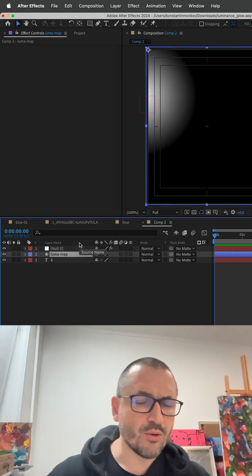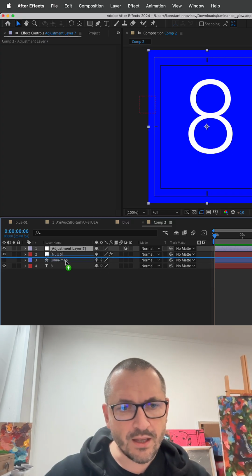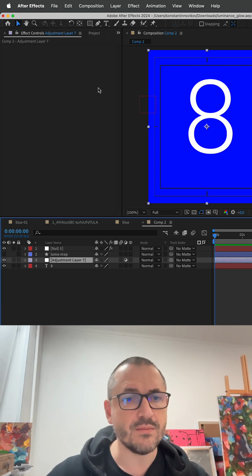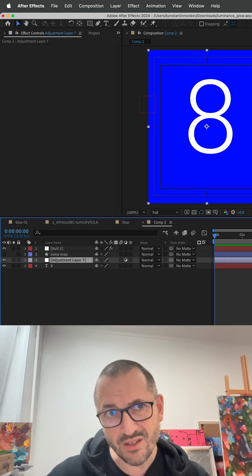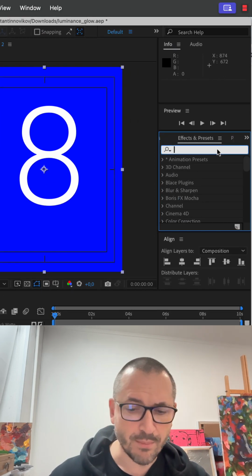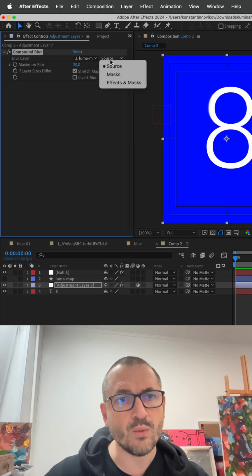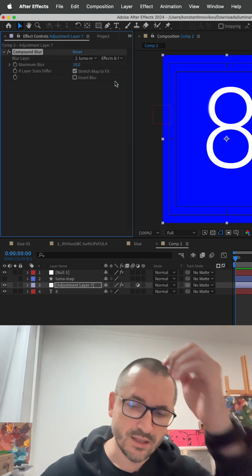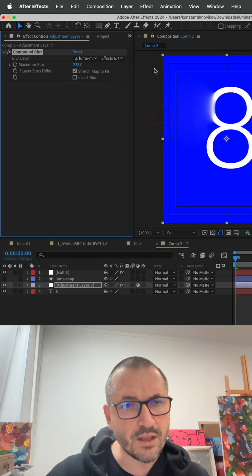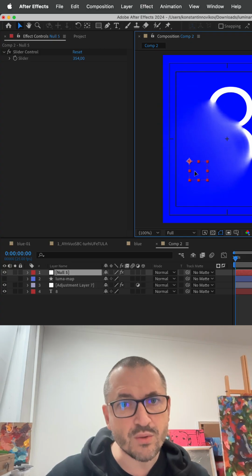All right, next one, we need to create an adjustment layer. In this adjustment layer, I will add an effect, which I think is actually the same as luminance blur. It's called compound blur. It's here. And we need to add Luma map with effects, because maybe we will add some blur here also. And that's it. Actually, it works like a charm, and it's doing the same.